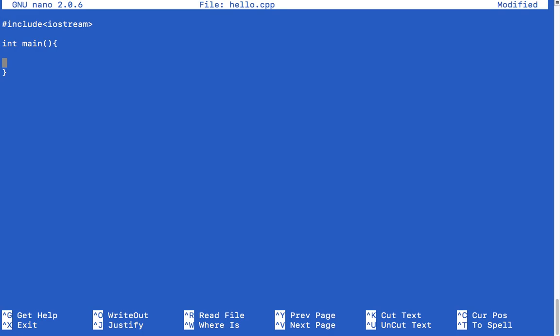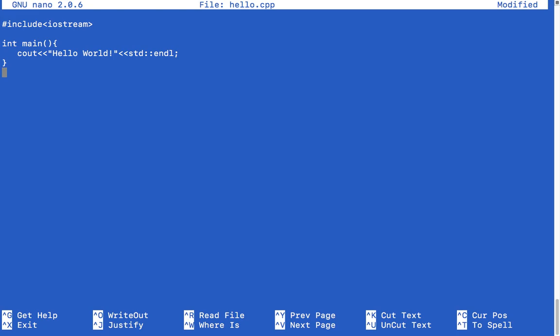I hope you all are aware about this, so I don't need to explain much about this. I am just going to show you the hello program here, and the most important thing is that I do not want to show you how the program is working right now, because my target at this point is to tell you how you can run the C++ program in Linux or Mac through terminal, right?